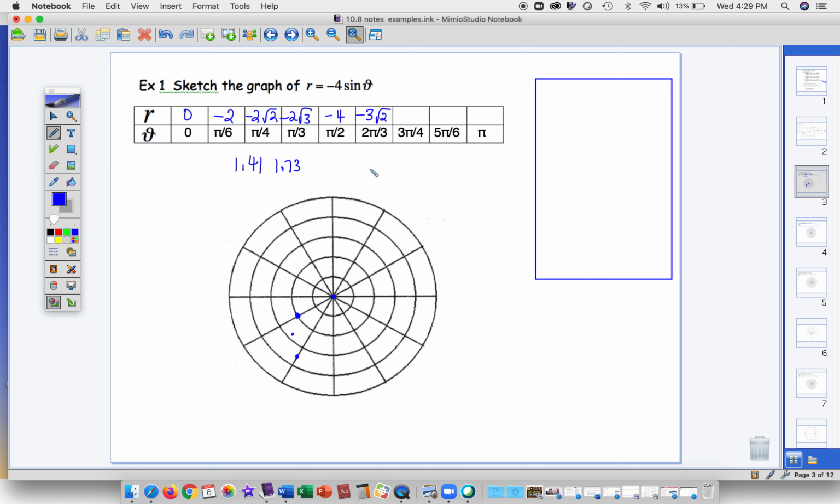And then, let's see, where am I? Pi over 2 and -4. So we're going -4 and rotating to pi over 2. Okay. So far I have these points. Now I want to continue on in order. So if I continue on,